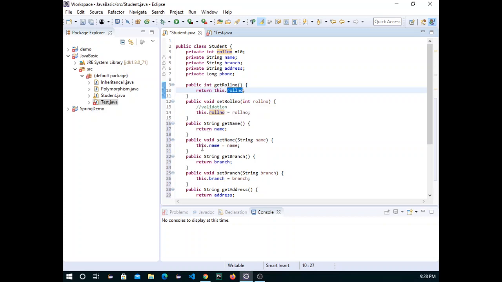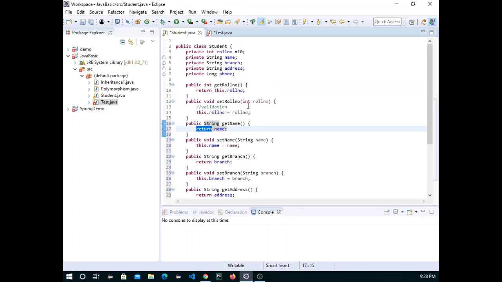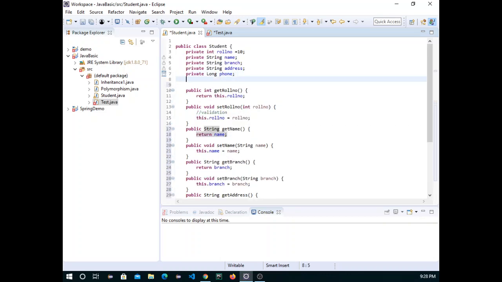So here we will say while setting the data he is using this, while returning the data he is not using this, that is not an issue. So this is setter and getter. Apart from that, usually what we do, we are restricting to create the object, meaning basically no one